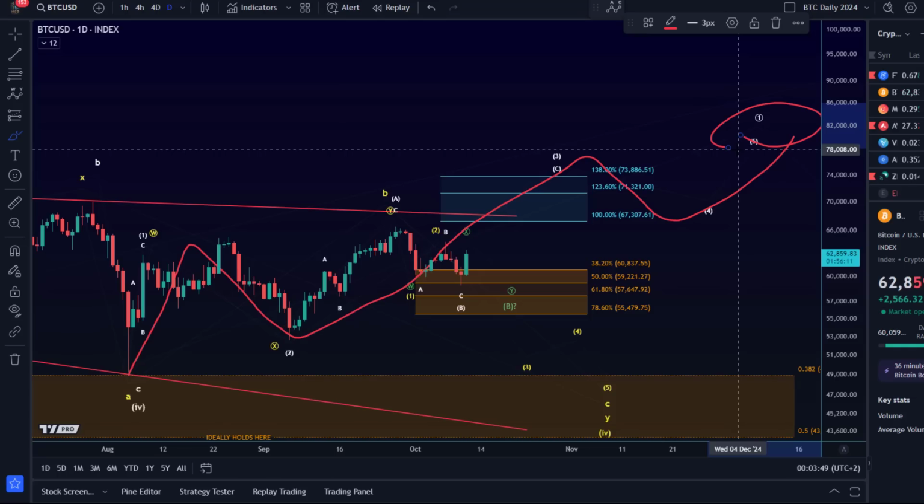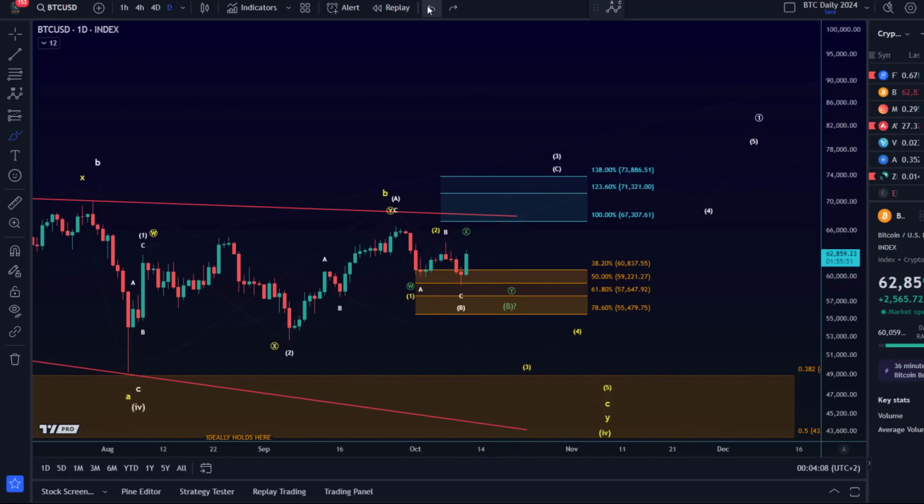We need to complete this pattern by forming a C wave. In wave 3 in the white scenario, that should reach nearly 74k. Then we get a 4 and a 5. So a 5-wave move up is needed to complete a solid 5-wave pattern to the upside. The white scenario at the moment is preferred, as you know, so generally looking for higher prices as long as